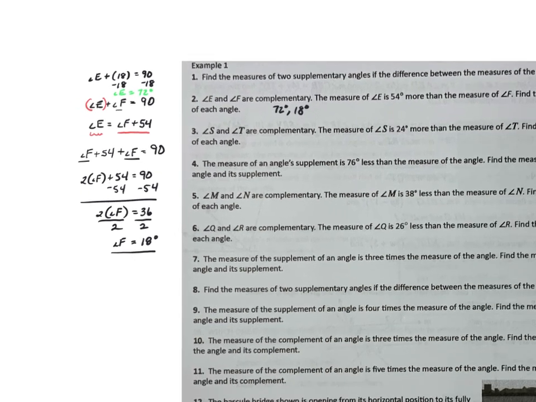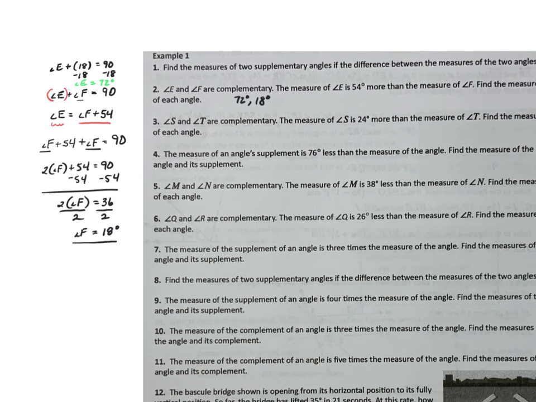Now, I would tell you, looking at this, it does seem to read that number 3 is set up very similar, right? You have 2 angles that are complementary, and then one angle is 24 more than the other angle. So you should be able to use this method to do this problem. We set up number 4 in class, so I'm not going to go over that. And then if we look here at number 5,